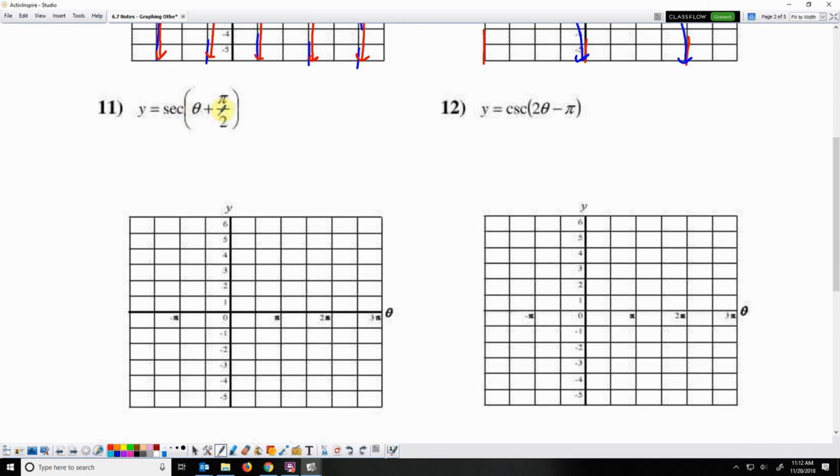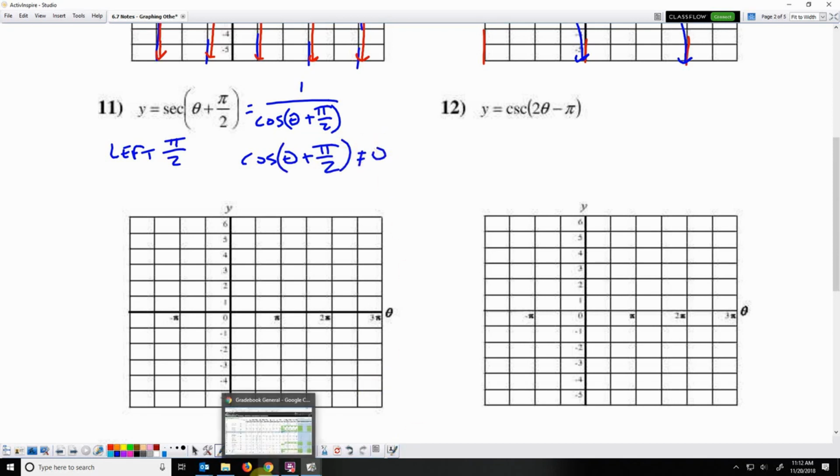Okay, here inside of the function, we have a pi over 2, which means this one is going to shift left pi over 2. And it's the same as 1 over cosine of theta plus pi over 2, which means cosine of theta plus pi over 2 cannot equal 0. So I need to graph a cosine wave that is shifted pi over 2 units to the